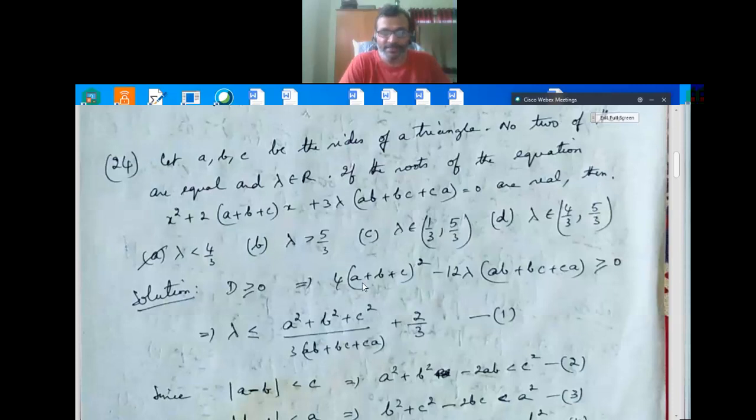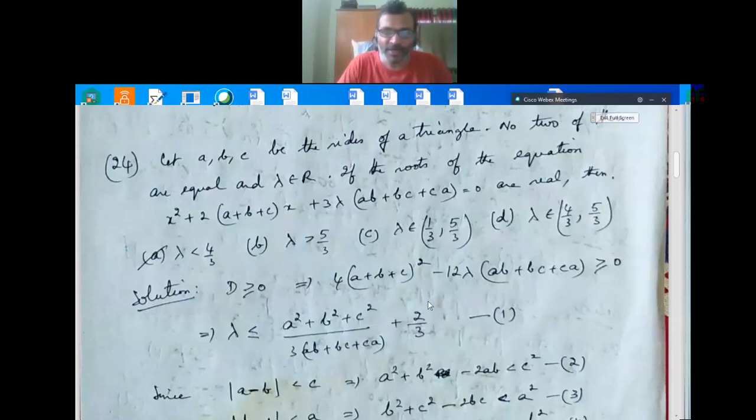we can write A plus B plus C whole squared as A squared plus B squared plus C squared plus 2AB plus 2BC plus 2CA. So divided by this, by 3, here what happens? A squared plus B squared plus C squared, right? Plus 2AB plus 2BC plus 2CA. So